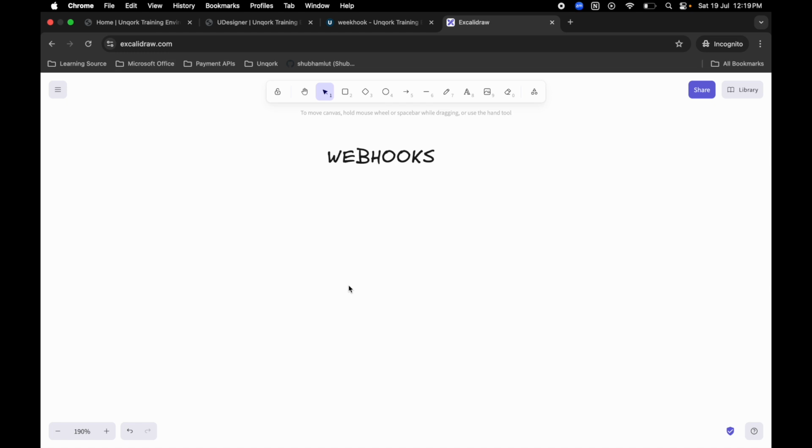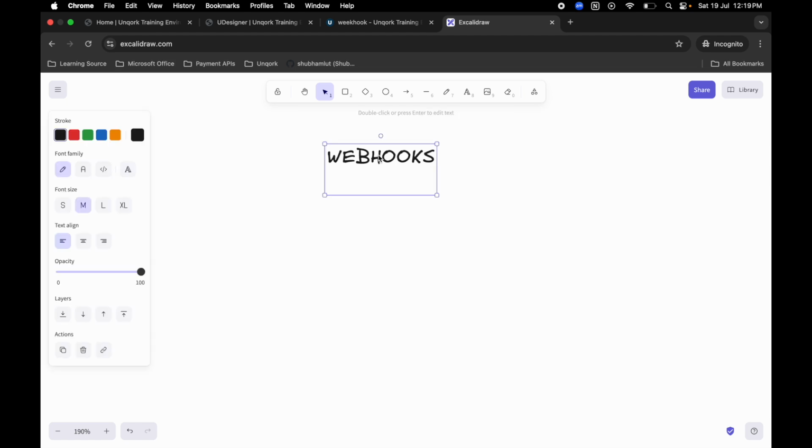So let's start with today's topic, which is webhooks. Most of you might know what webhooks are. This is not specific to Unqork, but it is a jargon which is common in software development, right? And webhooks we can build in Unqork as well. But before going ahead with building webhooks in Unqork, let me give you a quick walkthrough